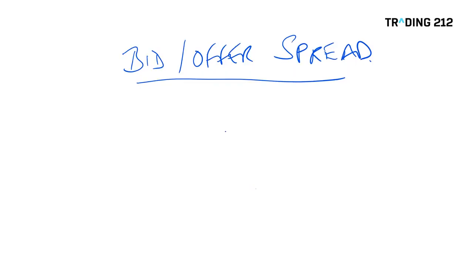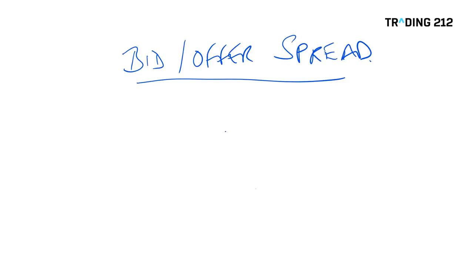All markets have two prices, a price you buy at and a price you sell at. The spread, depending on the market, isn't necessarily set, and it can vary throughout the day. So first of all, let's just deal with the basics. Let's have a look at some example spreads and where we would be buying and where we would be selling. Let's explore this idea of a bid offer.